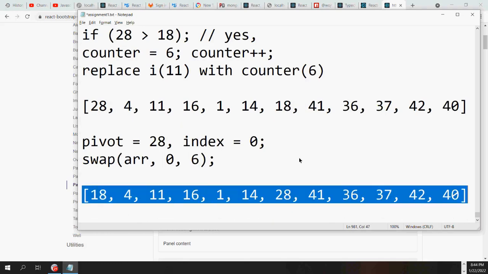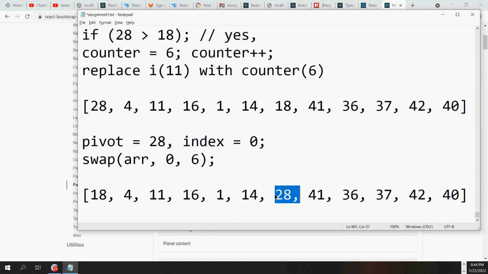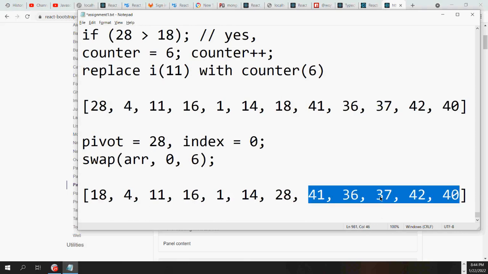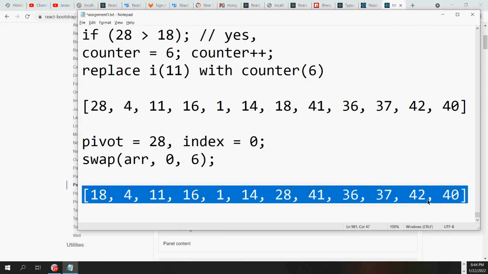So this is the final array after this whole process, and you will see the pivot point is 28 and it has all the elements on the left side which are less than 28 and all the elements on the right side of the 28 which are greater than 28. We don't care about the sorting of this right side right now. We only have to care that 28 is at the correct position. And what is the correct position for 28? The correct position is all left side should be less than that and all right side should be greater than the 28. So this is the new array which we got, and we will return this